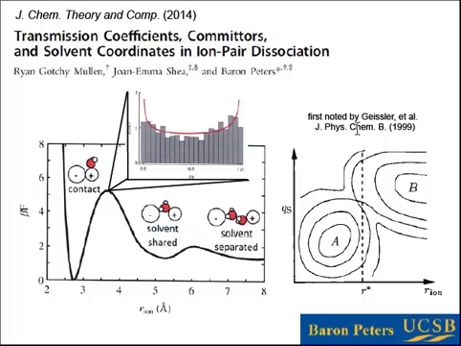In retrospect, Phil Geissler told us this back in 1999, and looking at this, we really should have anticipated that the water was extremely important for this process. In fact, if you take two ions without water, the potential energy landscape between them looks completely different. There's no barrier. They combine in a barrierless process. So the only reason there's a bottleneck in here is because of what the solvent is doing, and presumably that makes what the solvent is doing important.